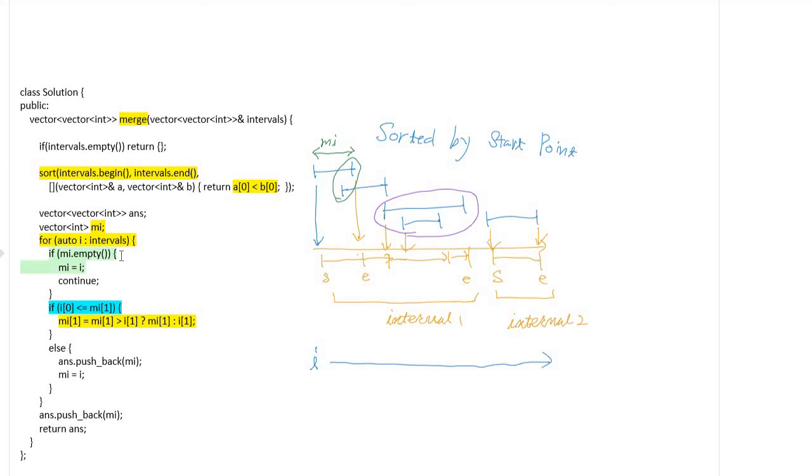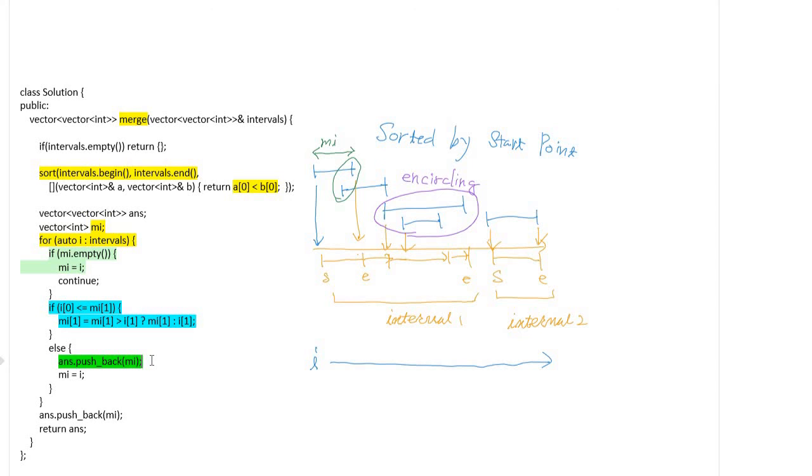As you can see in the code I just marked, we compare mi's ending point with the next interval's starting point. If the condition is satisfied, we have to update mi's ending point with a bigger value by comparing mi's ending point and i's ending point. This is to consider the encircling case, as you can see in the diagram, marked in purple color. And then, when mi is not overlapped anymore,